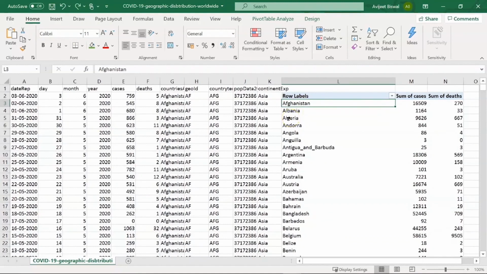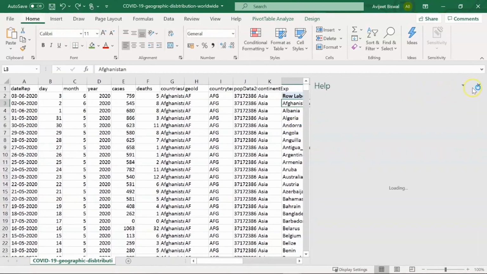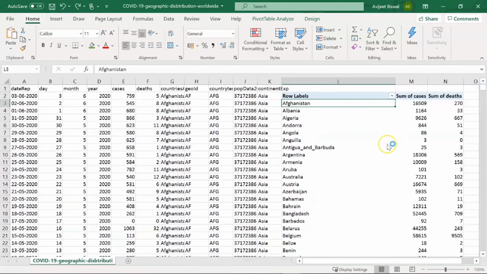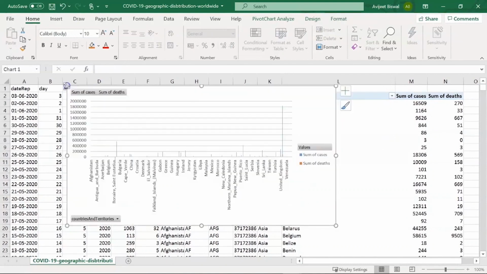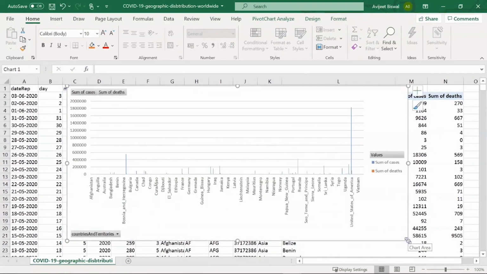Similarly, if you want to create a pivot chart based on the pivot table on the same sheet, you can use Alt F1. So let me hit Alt F1. There you go. We have our pivot chart ready on the same sheet itself.